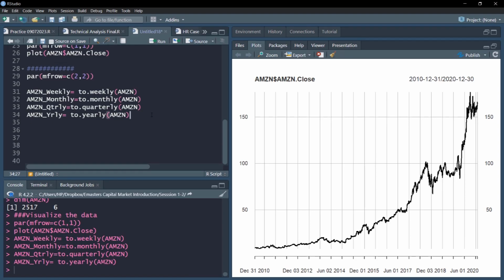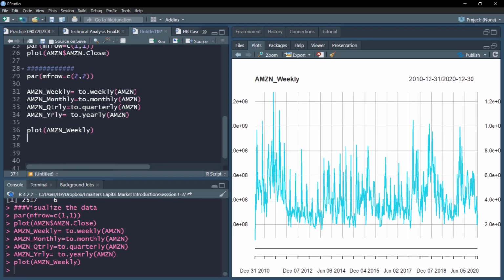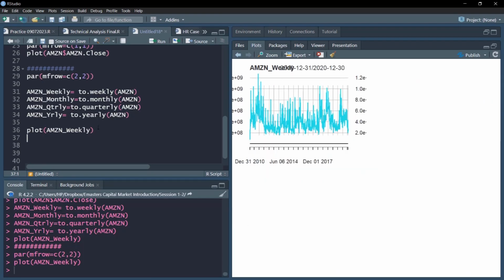Now I'll go ahead with plotting them. I'll use again the same plot command, and first Amazon weekly, let's plot it. So I'll get a plot window. As you can see, I need to first, okay, so now it will work.